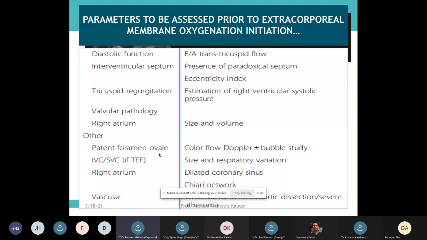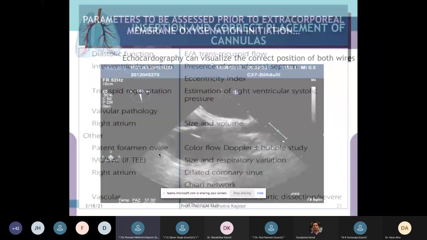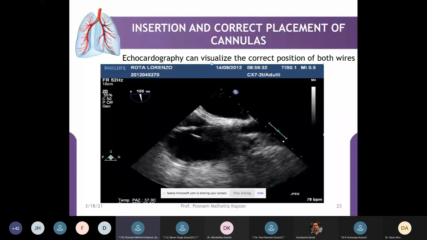We'll rule out a PFO, IVC, SVC sizes, a right atrium with a dilated coronary sinus, an LSVC, a Chiari network, any kind of vascular abnormalities in the limbs with a carotid Doppler and any ultrasound Doppler in the femoral or the popliteal lesion to rule out a DVT, and a RA strain or a RV strain pattern for a pulmonary embolism. All these are very important. Once you rule them out, then you can decide as a team, you're putting in a central or a peripheral